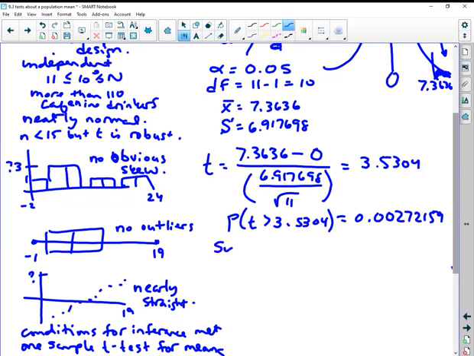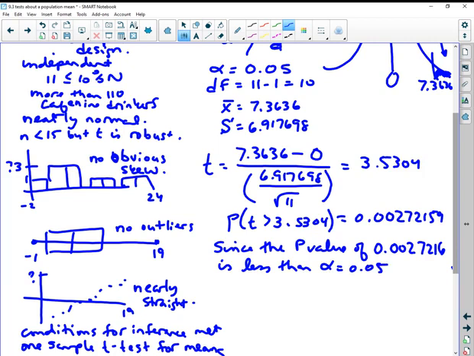So since the p-value of 0.002721 is less than alpha equal 0.05, we reject the null hypothesis